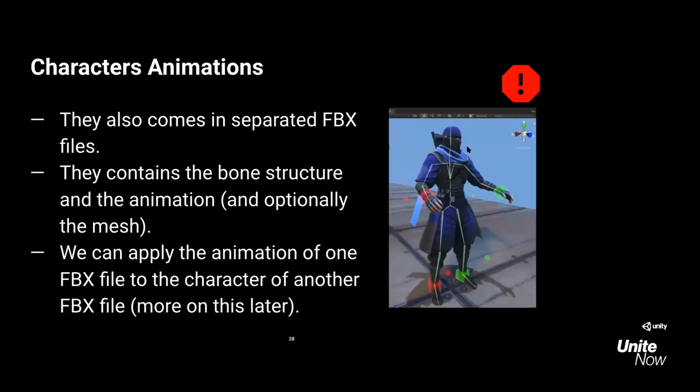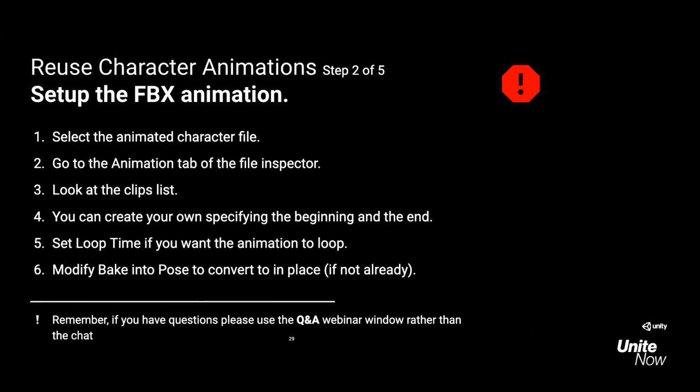So how do we animate? Basically, the way we animate is the same. Remember, in this case the animation is done in outside programs, but in those programs you need to do the same: set the position, or rather the rotation, of the bones at different moments to interpolate between poses. So basically, the animation is moving the bones, and through skinning, the actual mesh is deformed to stretch along the bones. So you can have an FBX character file with animations, or you might have an